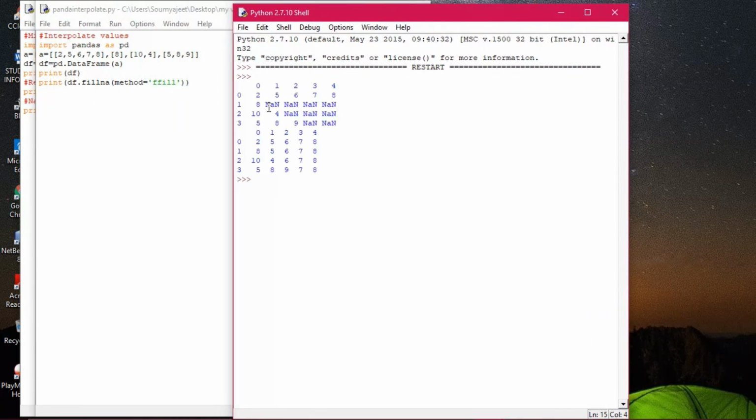Here you see NaN wherever I have not mentioned values. Here only one value, so 8, and the rest of the 5 values will be null, I mean NaN, not a number. Then 10 4 is here, then the rest 3, and here 5 8 9 will be here, and then NaN. So no values have been assigned here. These are uneven arrays, you can say. So here the data frame, the normal one, has been printed.